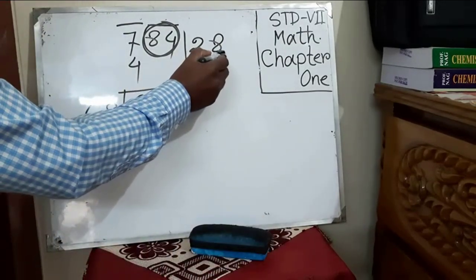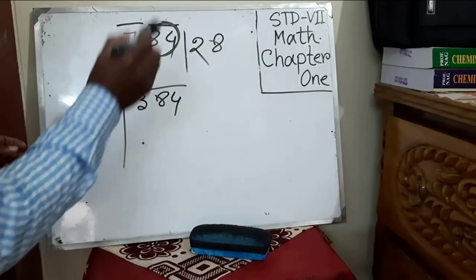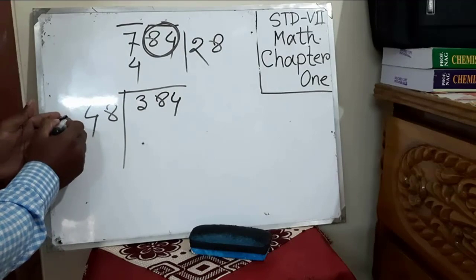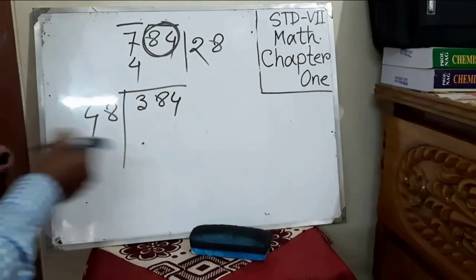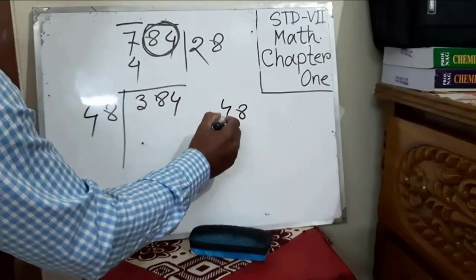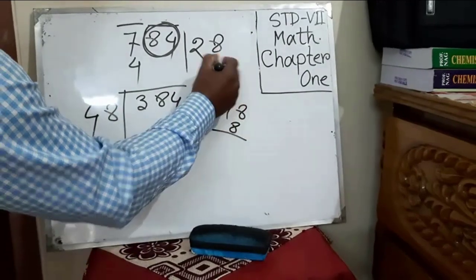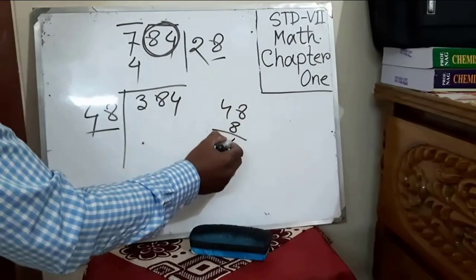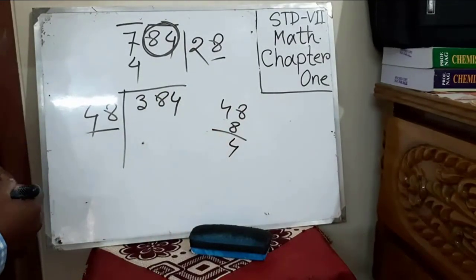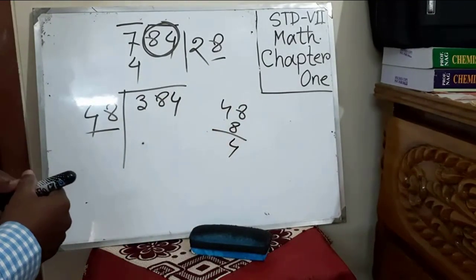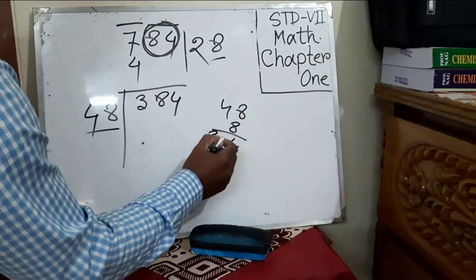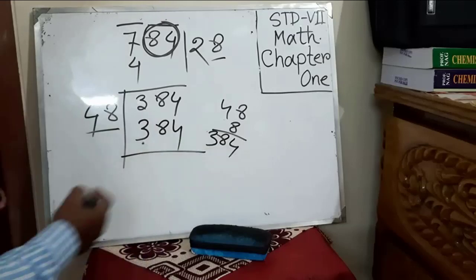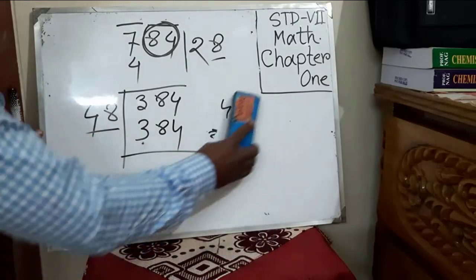So we have written here 8, we have written here 8, same. Whatever you write here, you'll write here, not left side, right side of the number. Okay, then 48 and 8. Look, this by this. 8 eights are 64, 4. Then 6 in hand, 4 eights are 32 and 6, 38. So 384. So the result is matched.